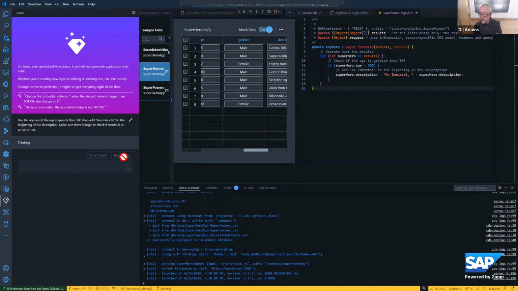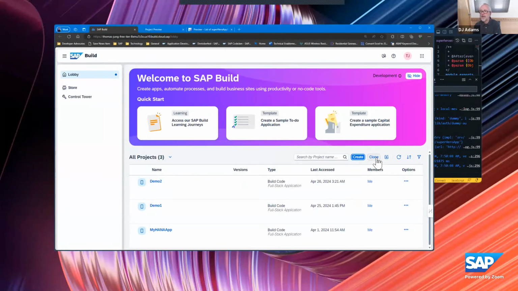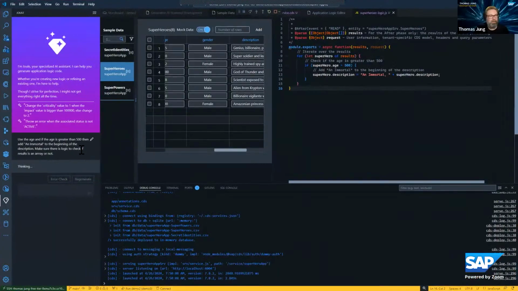So Ian says, okay, so we should regard SAP Build Code as a separate application to BAS, and hence Tom saying I would need to import an existing project from a Git repo to use Joule, as BAS would not see it. Yeah, if you want to bring it into the lobby, exactly. There was another question about the lobby, which I've answered before. It's the same lobby as we see in SAP Build as well. So you can clone an existing project into your workspace and then it brings it into the lobby as well. So if you had started in BAS, that would be a way to bring it in.